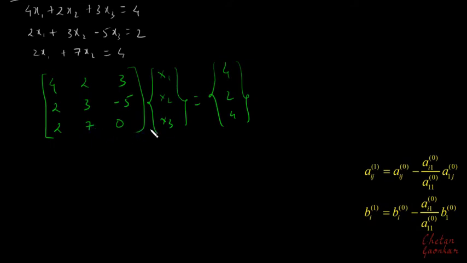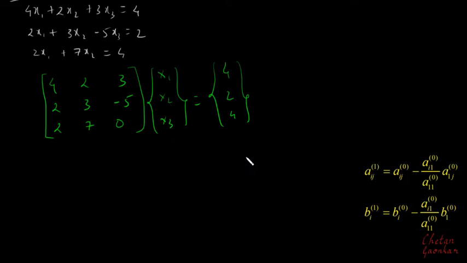what remains is that I can straight away find the value of x3 from here, because there will be no contribution of these other terms, since they will be 0. Once I get this x3, I can start doing the backward substitution, and then go on finding the remaining unknowns, that is x2 and x1.